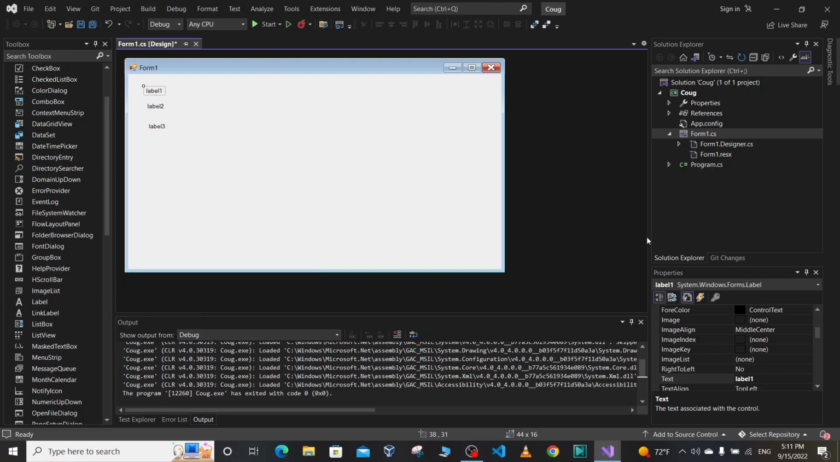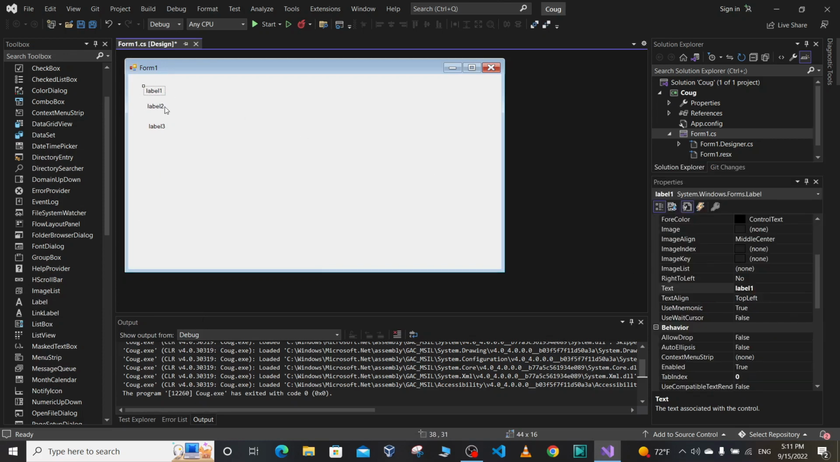So for label 1, let's rename the properties. If we click any element in the window, the properties of that element will be shown here. So we clicked on label 1. The label 1 properties will be displayed here, so we can change the different properties of label 1. For this video, we are going to change the text property of label 1. Instead of label 1, we want it to display first name